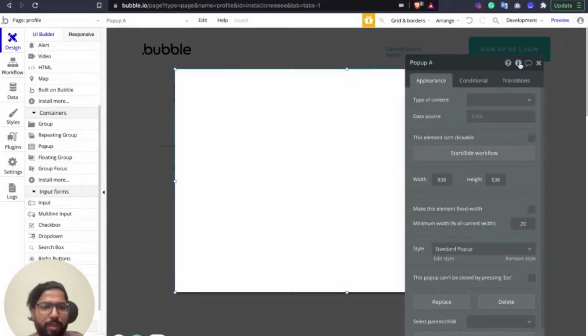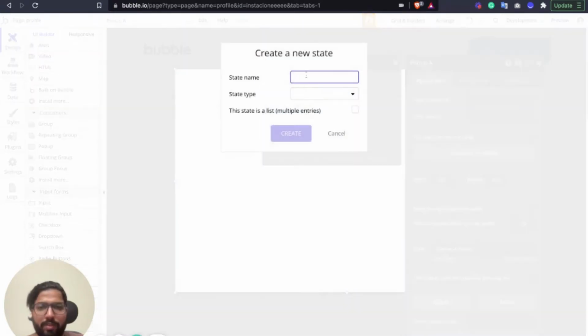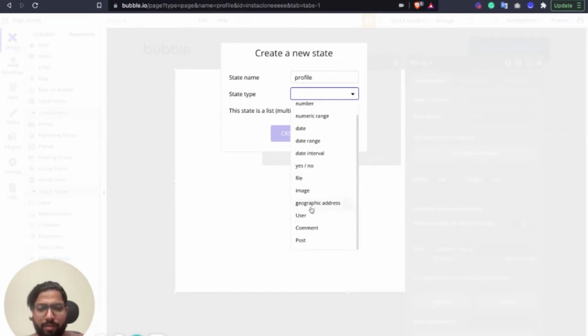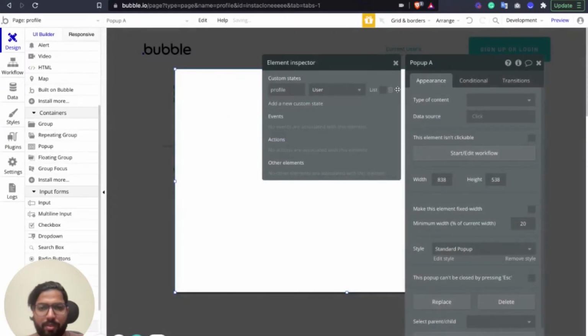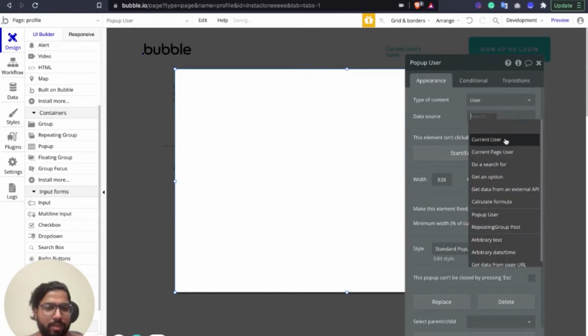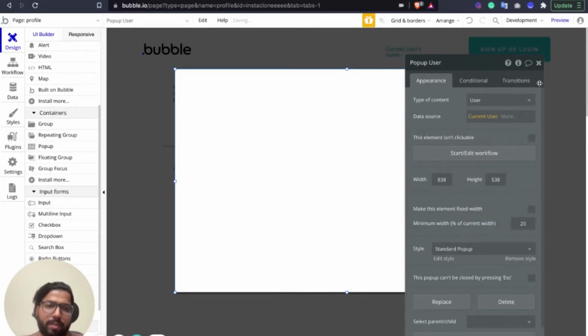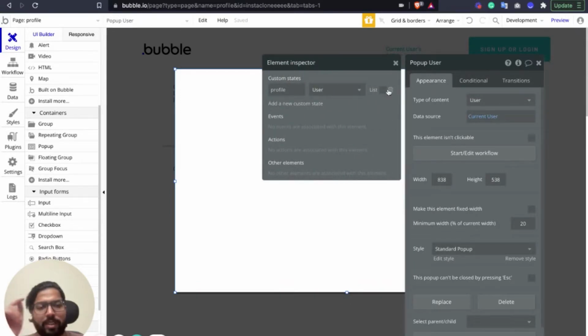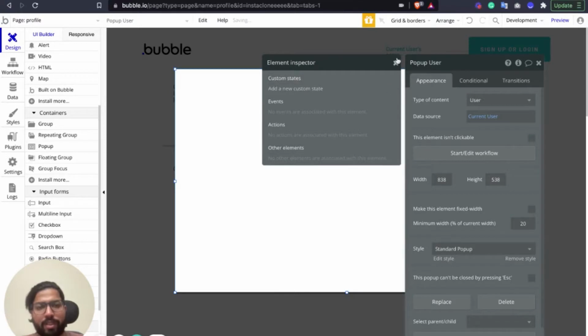This pop-up needs a state, setting profile, type of content is user, data source, just keep it current user. In fact, we really don't have to create a custom state, because if it's going to have a current user, then we don't need it.